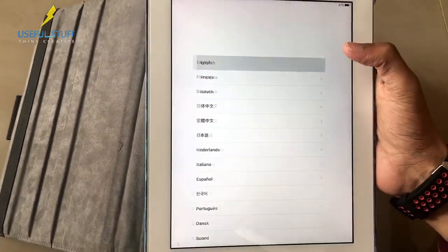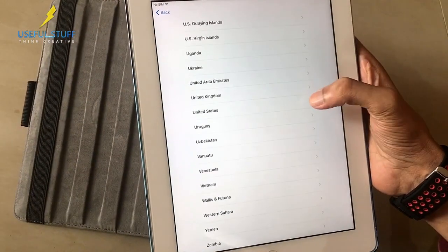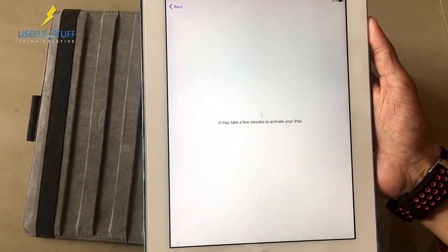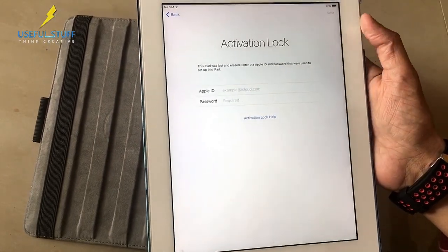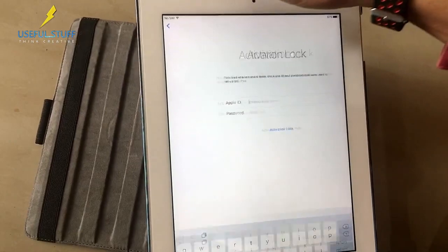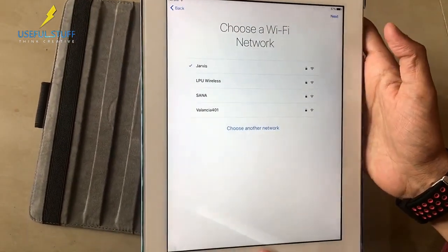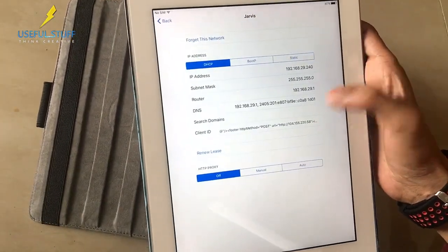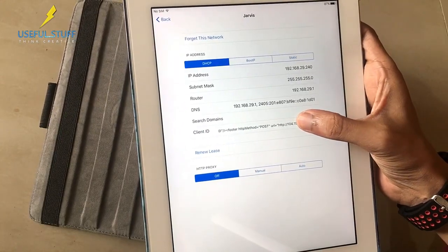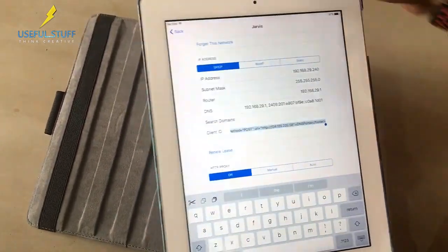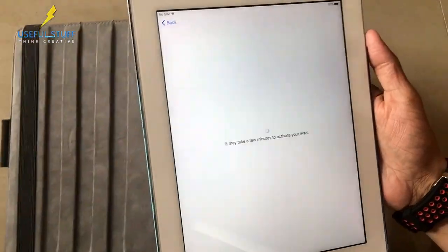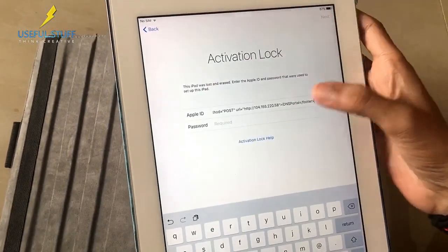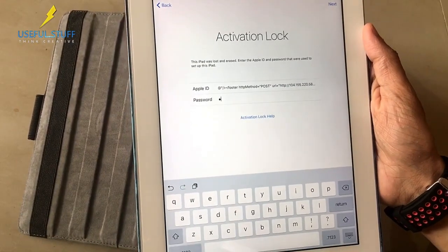so you need to select the language as usual, and you have to select your country. Doesn't matter, again you can select any country, and then connect your Wi-Fi as usual. So you see the activation lock page again. So again you have to take the client ID, what we had entered into the client ID. Hopefully it's still there. So yeah, it's there. So you don't need to enter the client ID even after switching off the device. So you just copy this and do next. So simply paste it over here, and as usual just put a space as the password and just put next,